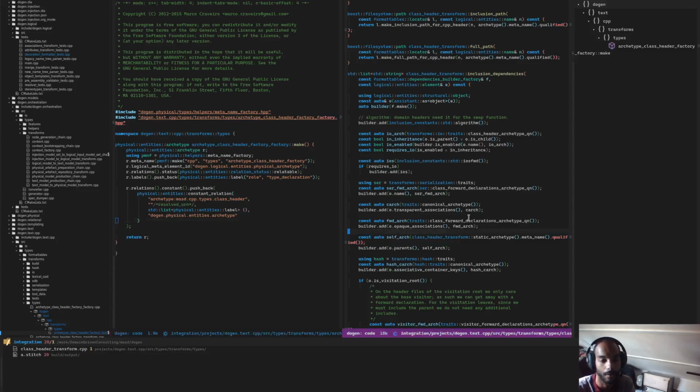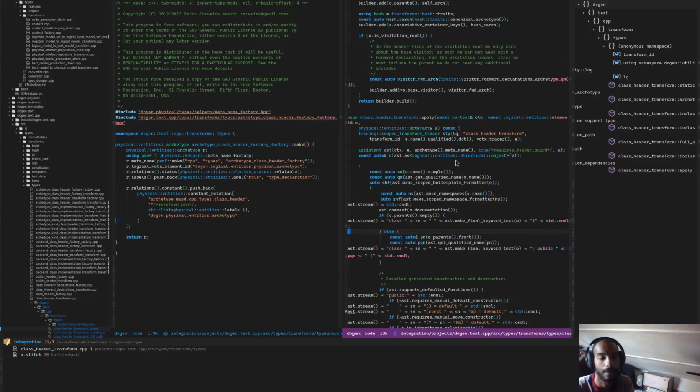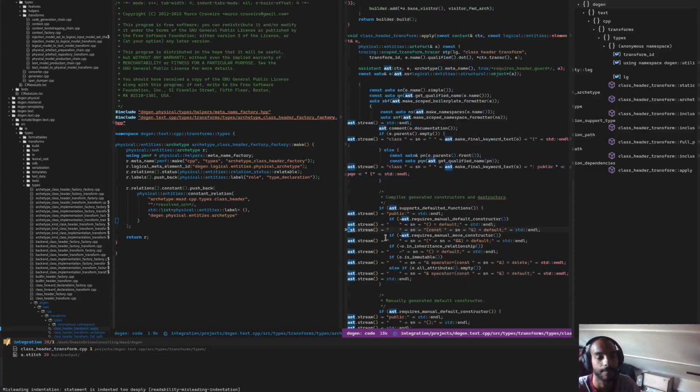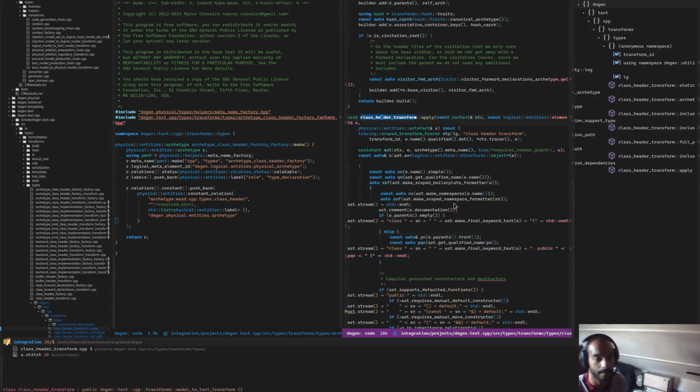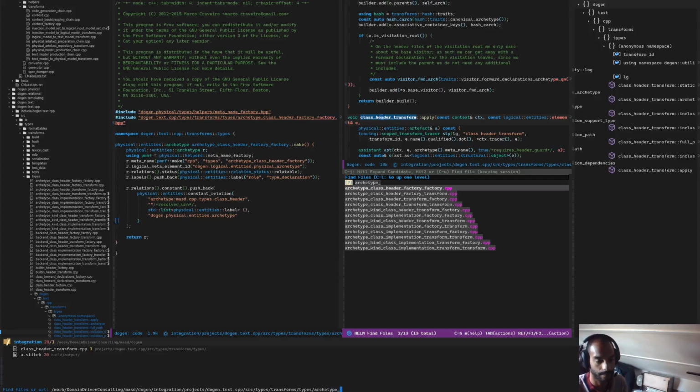On the other side we have the transform aspects of it, which are just as they were before. So the C++ code generated for it contains all the nonsense related to generating the type itself. And you can see an example here. I mean, this is actually the class one, but it will be slightly different for an archetype, as you can imagine. So if I'd say, for example, take the archetype class header implementation, class implementation